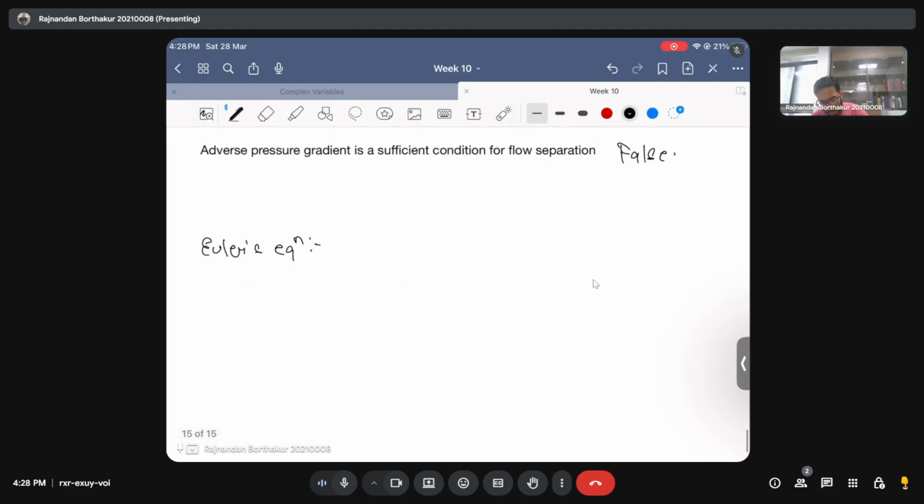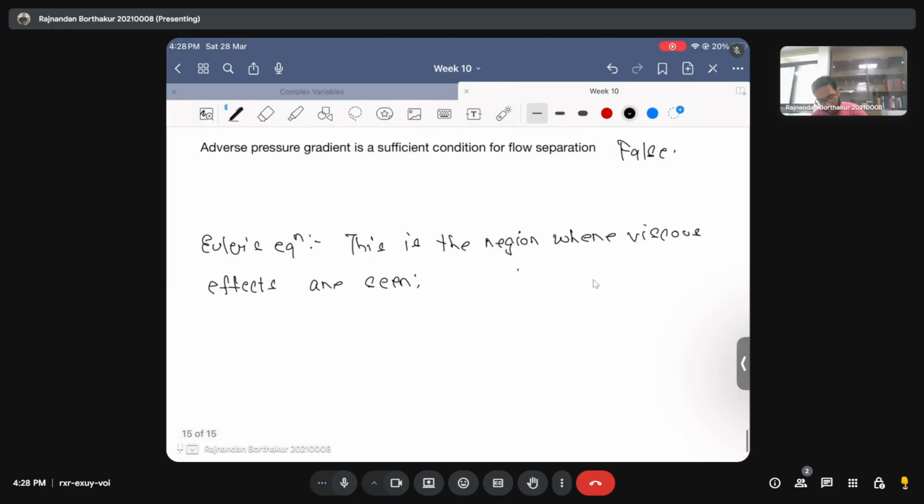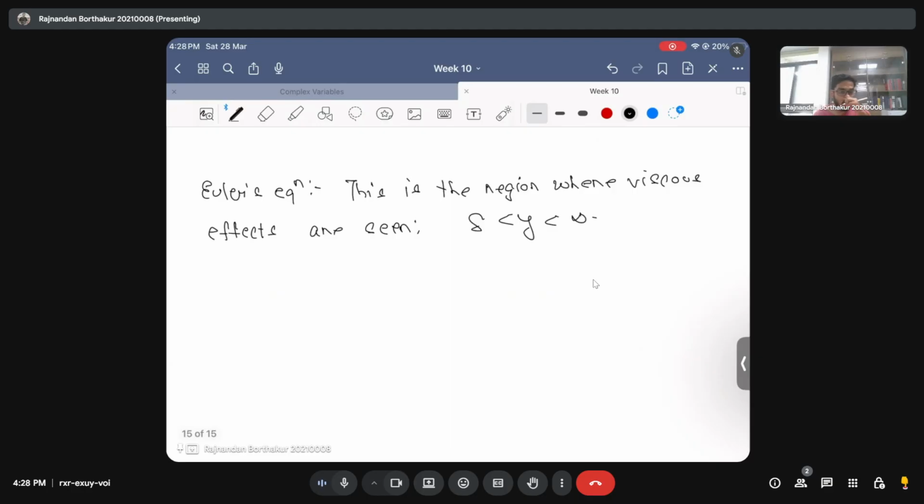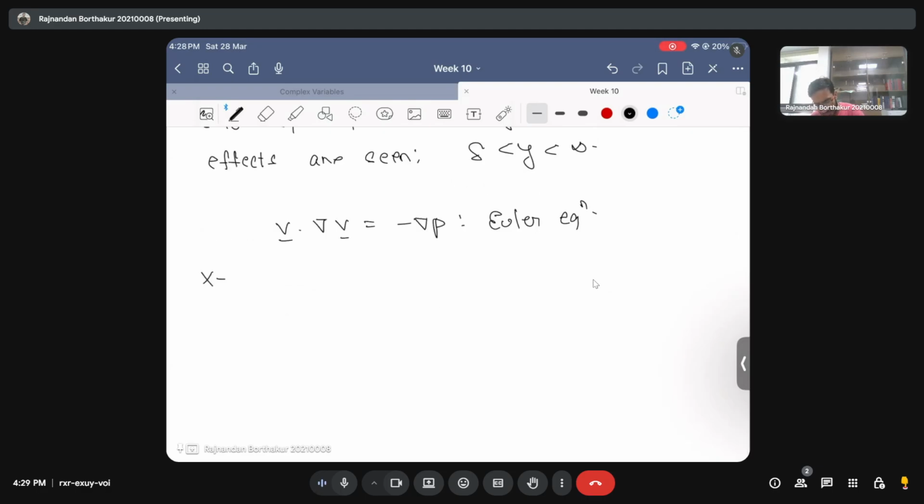this is the region where viscous effects are not seen, or mathematically it is the region where y is greater than delta up to infinity. The flow is basically being governed by the Euler equation, which is of this form. Okay, in steady state it is v dot grad v, and this is equal to minus gradient of p. That's typically your steady Euler equation. Okay. Now, if you write this in the x direction,